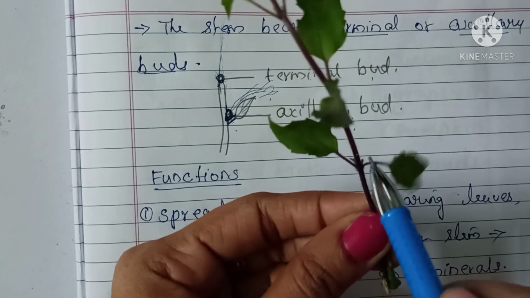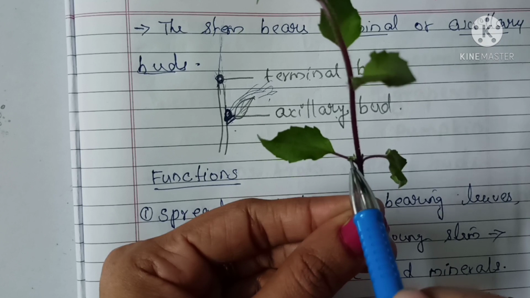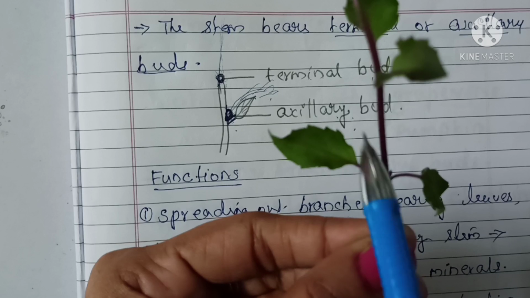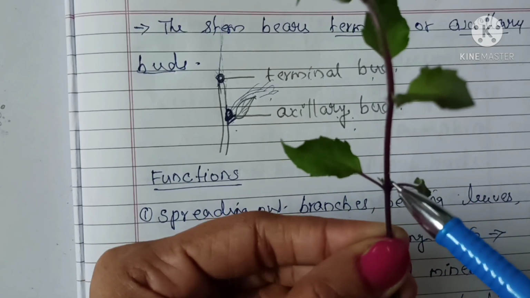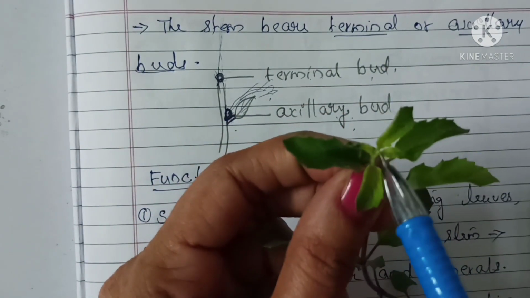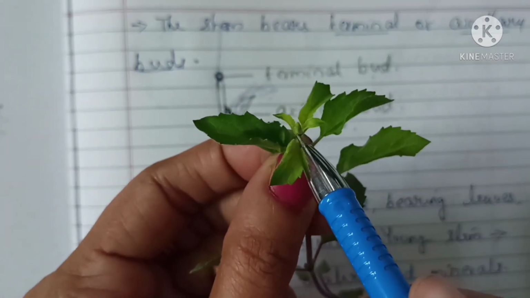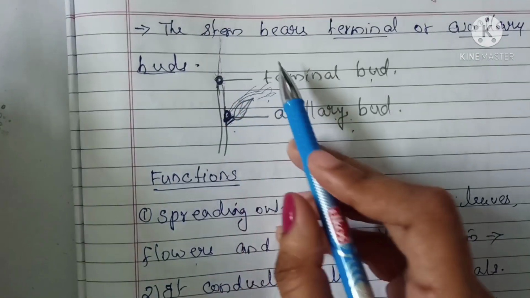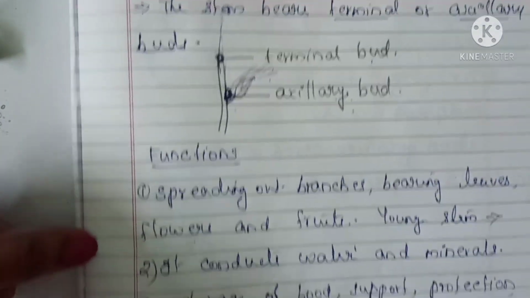I will show you here. In this plant itself you can see small buds. It was a bud but now it is developing into branches. You can see here two small leaves arise, so it will be developing into branches like this. From here also it will develop into branches. So this is the axillary bud here, and here it is the terminal bud. I think you can see here, this is the terminal bud, but here the terminal bud is almost developing into the flower, okay. So this is about the axillary bud and the terminal bud. I think this is clear for you.